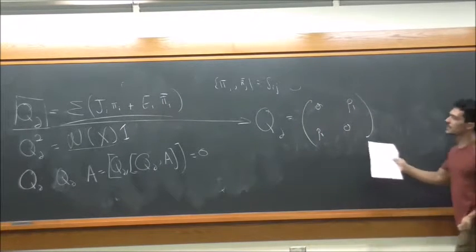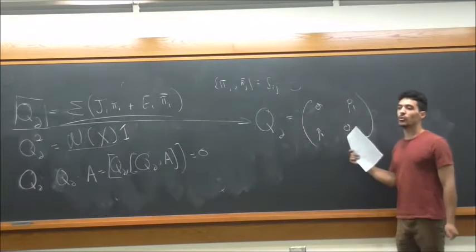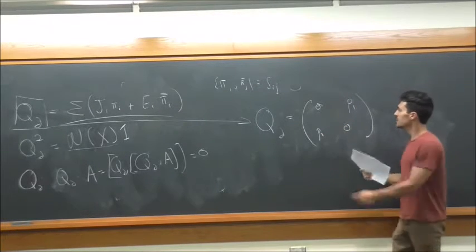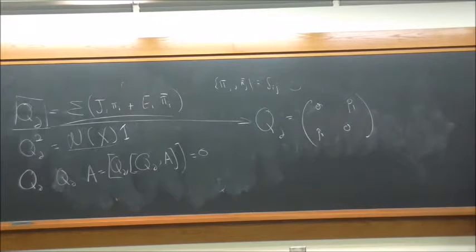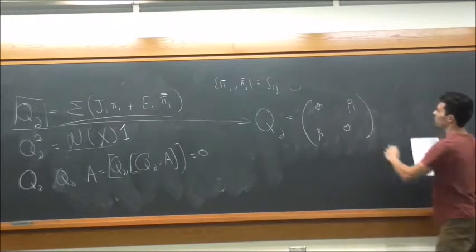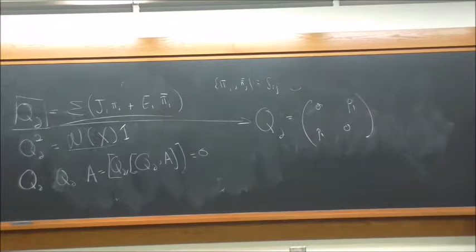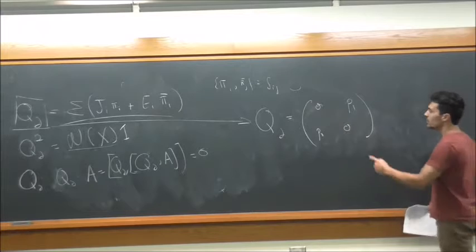Depending on the size of your set of pi's is the size of your representation, and hence the size of these matrices. So choosing different pi's, different lengths in the set of pi's, will give you different representations, so you have different sizes for these matrices, such that